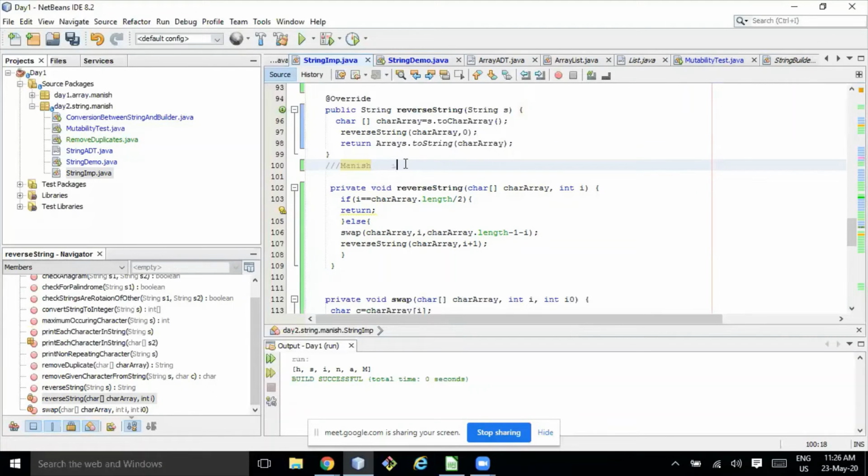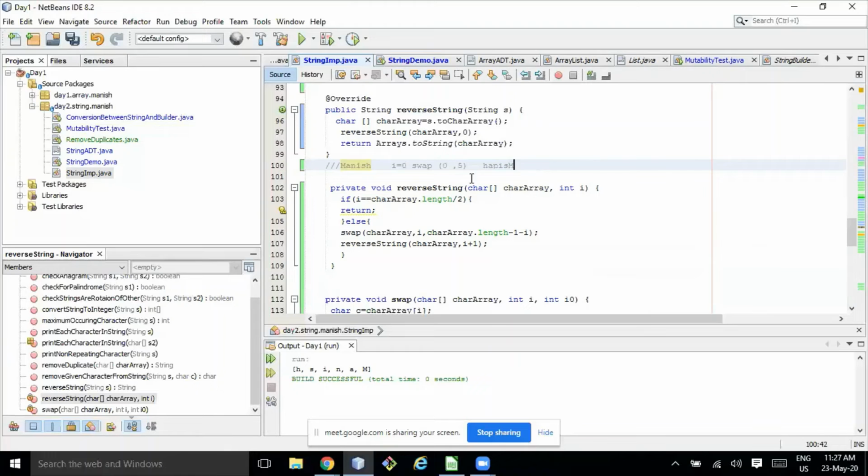I am swapping between i and, since the length of Manish is 6, 6 minus 1 minus i, so it will be 5. So I am swapping between 0 and 5. If I swap between 0 and 5, it will be H A N I S M.